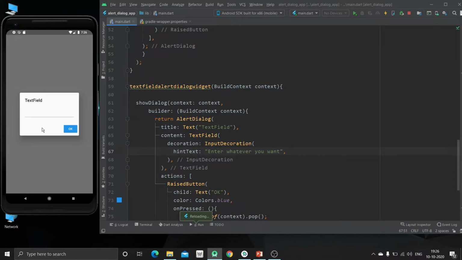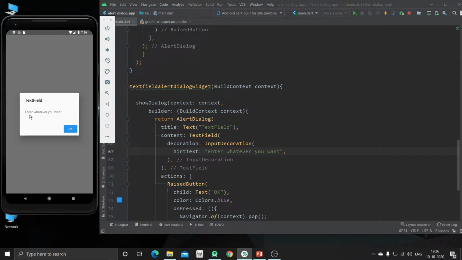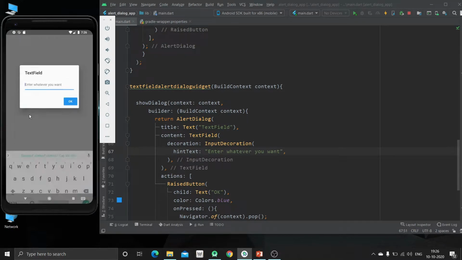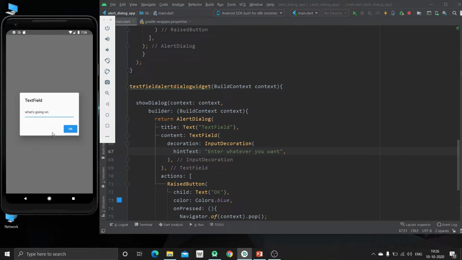Just hit Ctrl and S. Now just click this button again. Now you can see there is some hint for the user that what kind of data they have to enter. So just on clicking this, one can enter anything like what's going on. So this kind of data the user can insert using this text field alert dialog widget.